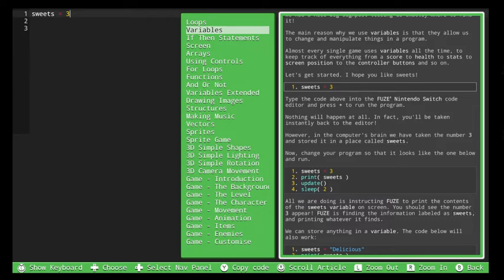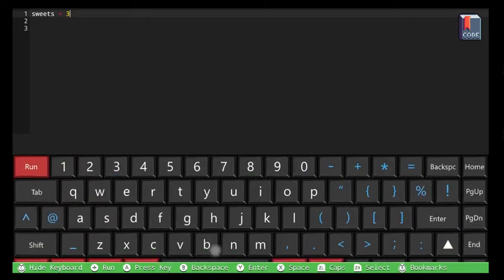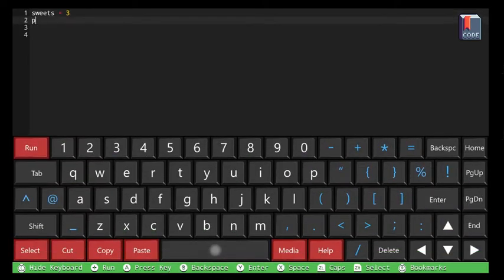Now, change your program so that it looks like the one below. Sweets 3, print sweets, update, sleep 2. Okay, so sweets, print, update, sleep. Print